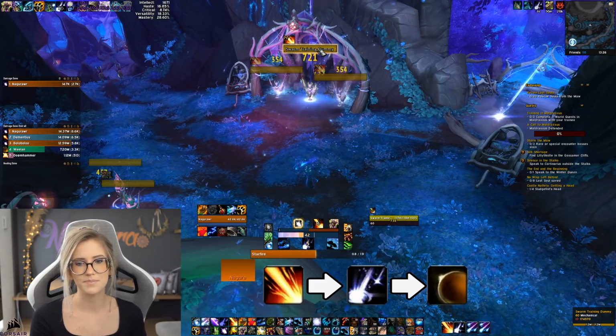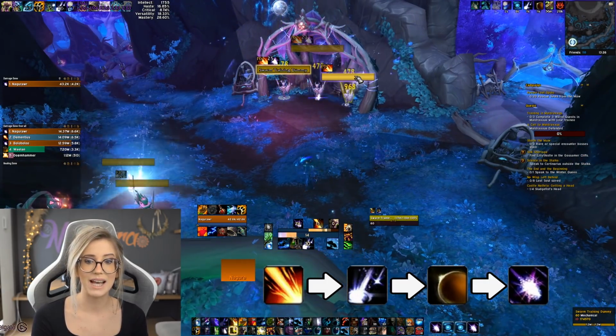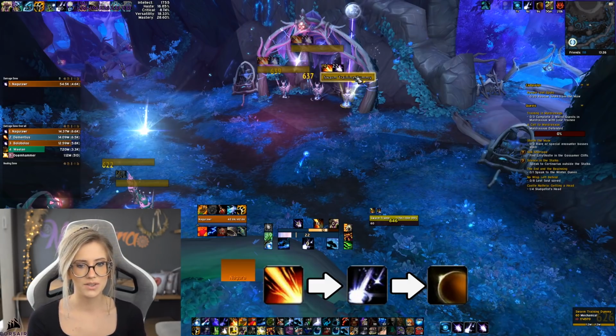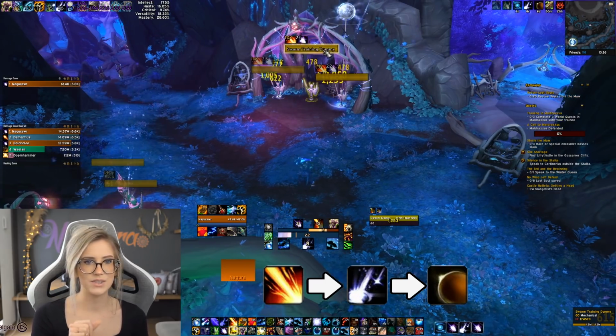Enter Solar Eclipse. Then we apply Moonfires in Solar Eclipse up until 10 targets if the adds survive until your next Lunar Eclipse. So if the adds don't instantly die, if they're going to be surviving until you enter your next Lunar Eclipse, you will apply Moonfire, okay, up to 10 targets. But if the adds don't survive until your next Lunar Eclipse, which is a short time, yeah? So if the adds die within 5 to 10 seconds as you enter your Solar Eclipse, then you cast Wrath